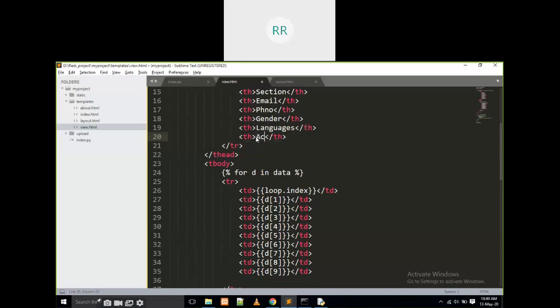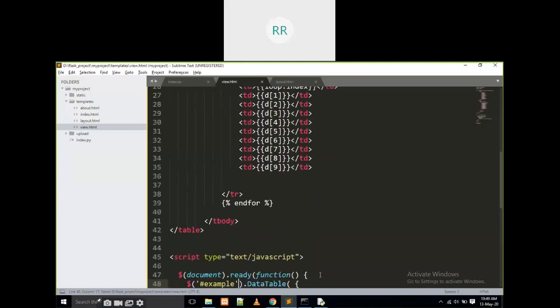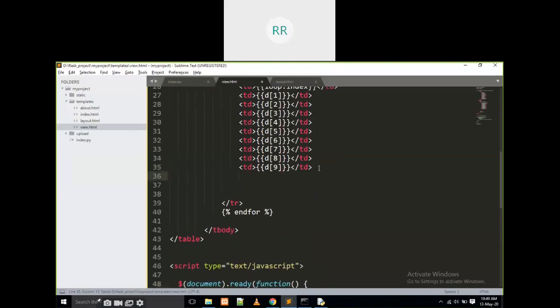That is some action or anything else. Actions, or action. Here I am going to write, first of all, td open and td close.